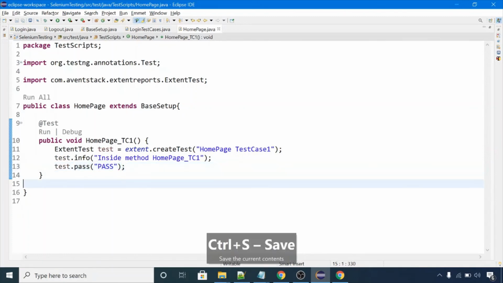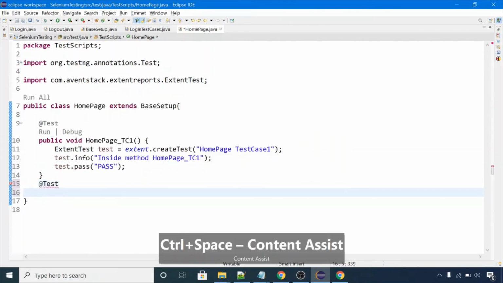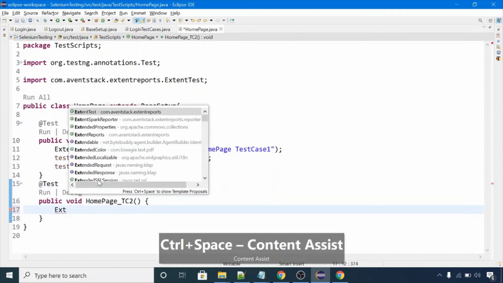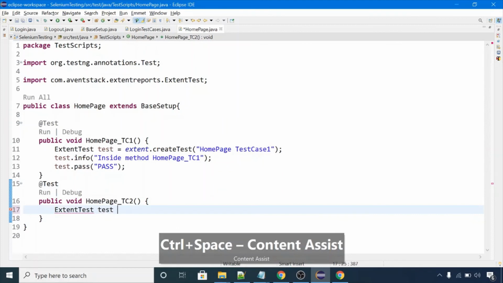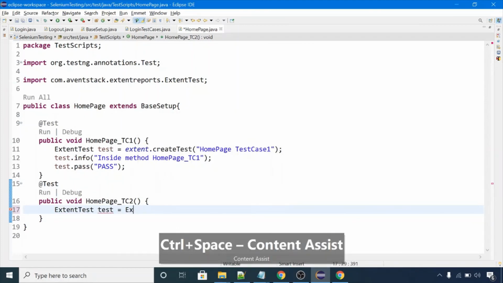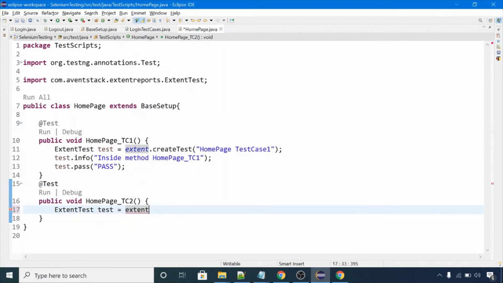Similarly, we will add one more test case in the same file. We will fail this test case. Home page test case 2. ExtentTest is equal to extent. Again guys, extent belongs to the BaseSetup class. Extent is a static member in the BaseSetup class.